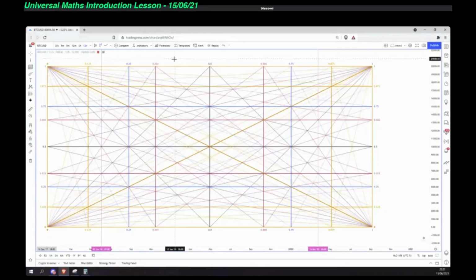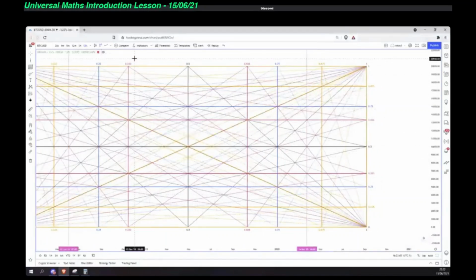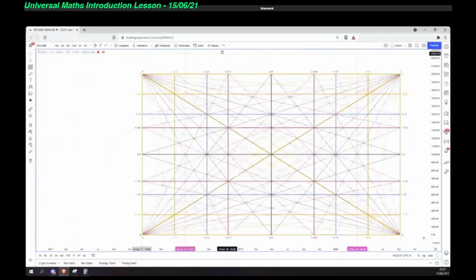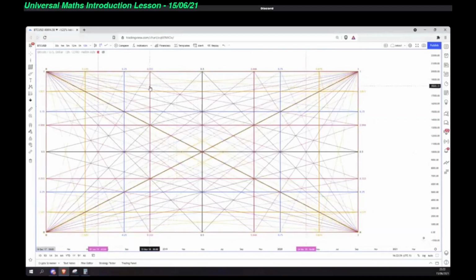So what we're trying to do here is establish that if we are getting the right and correct mathematic base, then being able to expect certain reactions within these points is a given for us. And this is the whole point of being able to learn and understand the mathematics and what they're actually doing. So if we carry on a little bit longer, I'll show you. I wanted to get the final few points in here, which will be the halfway point between the thirds, which now goes into the sixths. So to add that again,